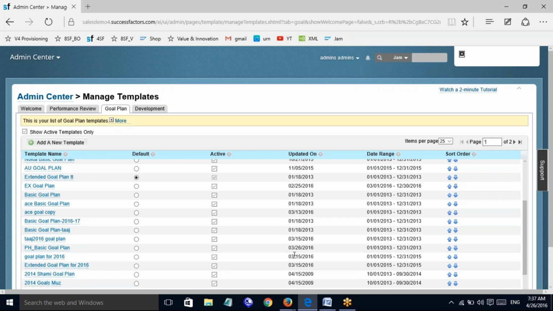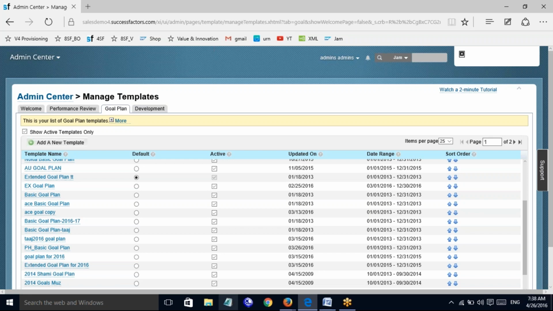The first thing we need to understand is that whenever you work with goal plan templates, it is always recommended to copy from the goals in the success store, and not create your own. You can just copy an existing template.